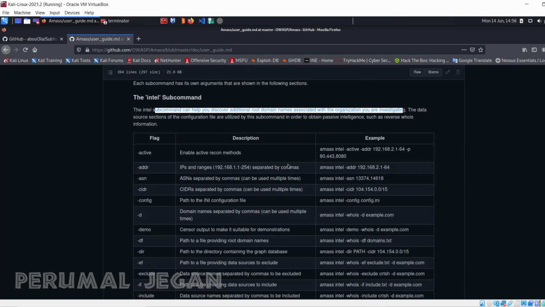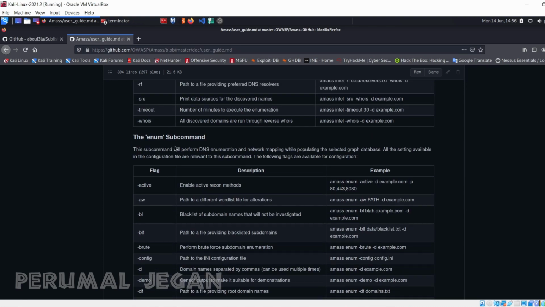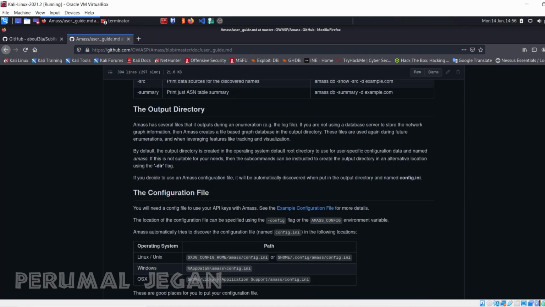Here in this tabular column, it also mentions the flag that we are using and also the example how to use that flag. So you can simply refer to these commands, you can simply apply them by doing the modifications that you need. Likewise, it also shows the list of subcommands of the enum keyword. I'll put this link in the description so you can go through this.